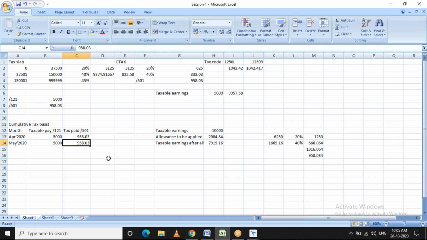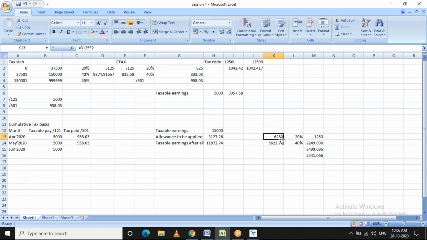Yes, sir. So likewise, it will keep changing. If you're running it for the June period, then let's say the June period earning is 5,000. Then again, this will become 5,000 into 3, right? 3 periods. So the allowance will be calculated for 3 periods, and then it will reduce the taxable earnings.